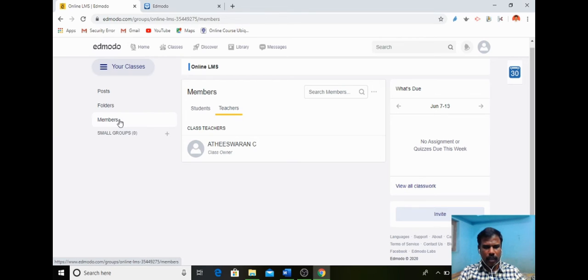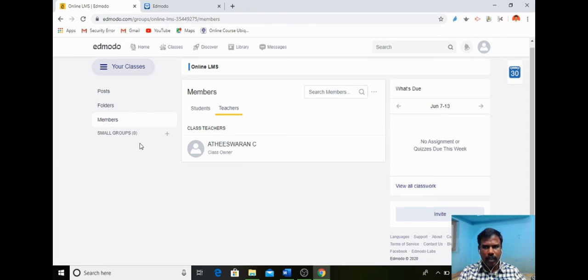For example, in a class there are 40 students. These 40 students can be created into smaller groups. For example, a creative group, or another category called an innovative group, or a hardworking group. So these kinds of smaller groups or subgroups can be created among the students in a particular class. For that we can use it.